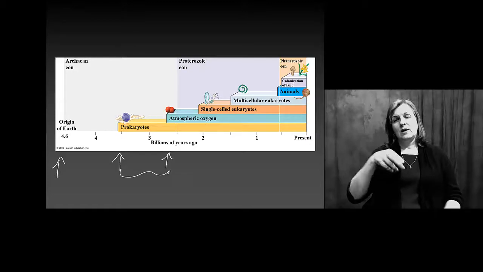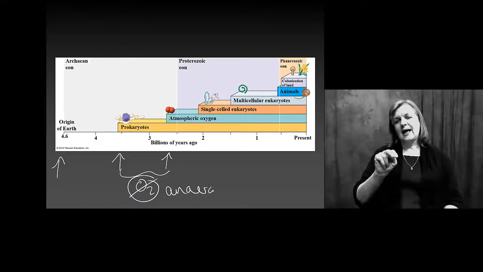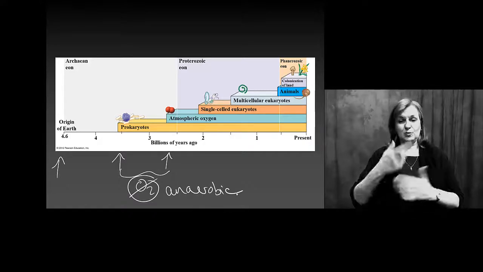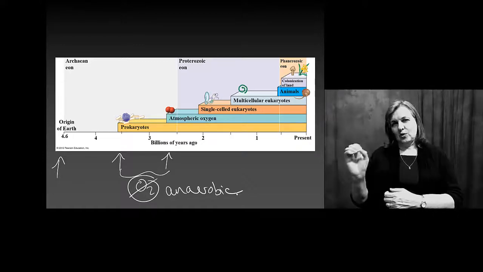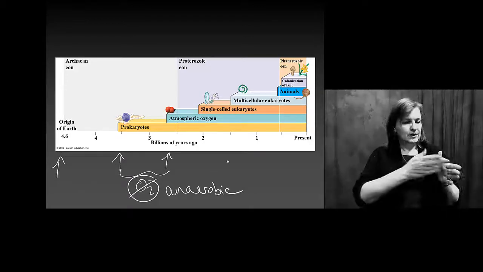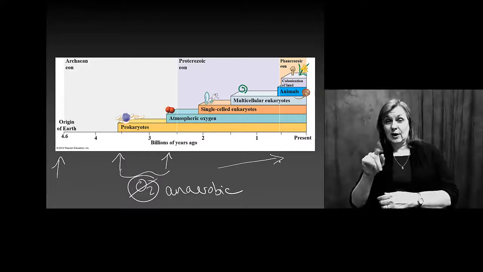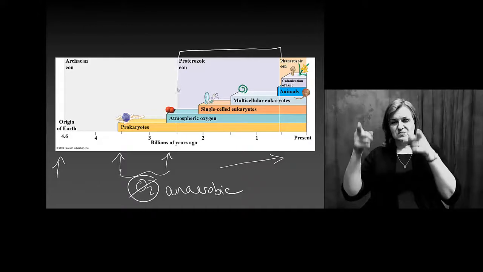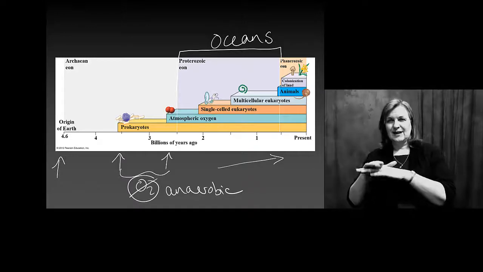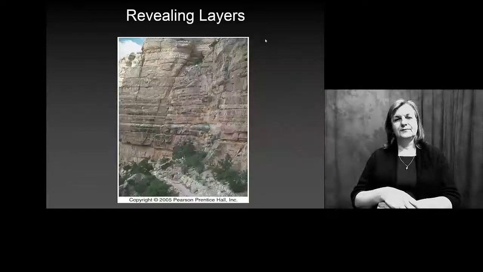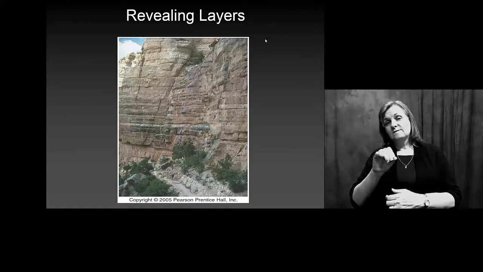Now we still have some prokaryotes that are oxygen-hating, so we call these anaerobic. But most of what we know today and what is present today on our planet is oxygen-loving. So when we look at the progression, this shouldn't surprise you that we go into single-celled eukaryotes, multi-celled eukaryotes, and then finally, all of this would have been in the oceans, we think, and then eventually colonizing land only about 500 million years before today. Scientists spend a lot of time looking at rock strata, we've mentioned that before, and looking at how these fossils are deposited.